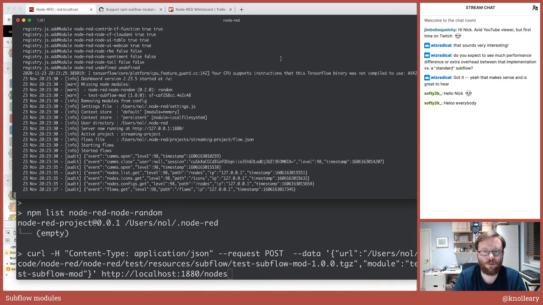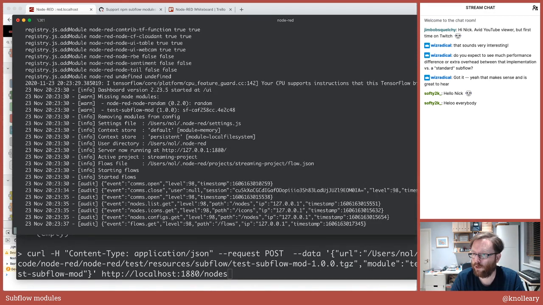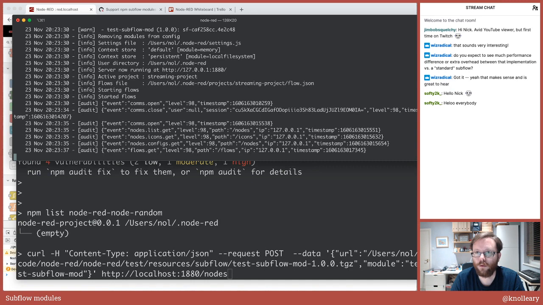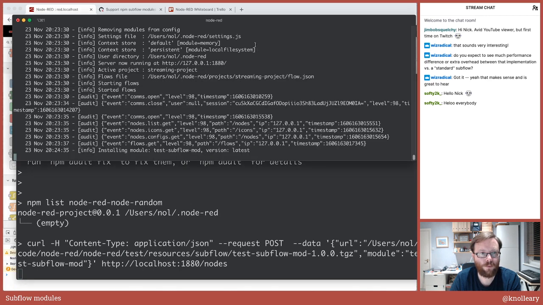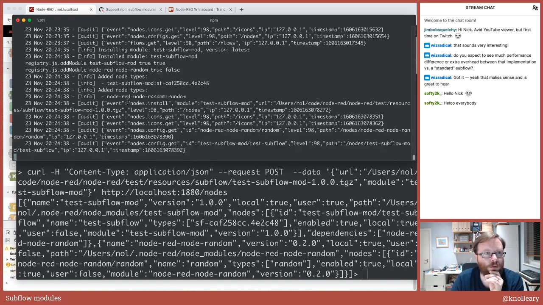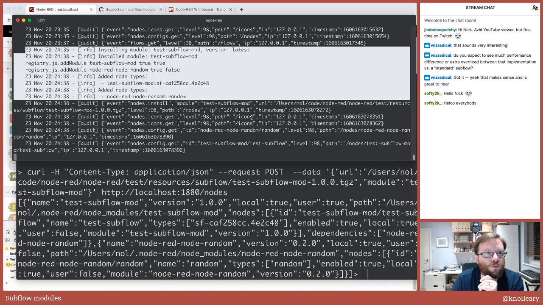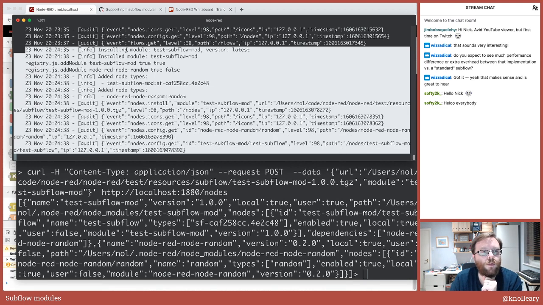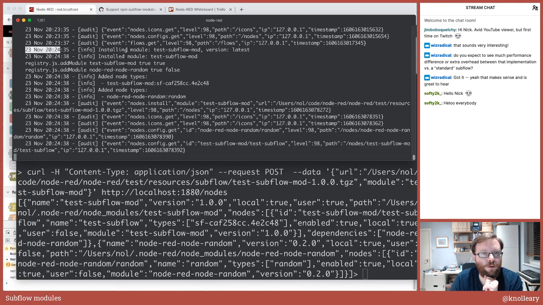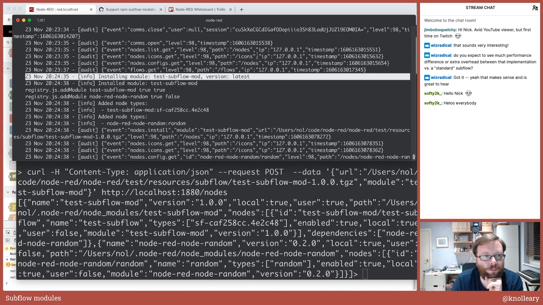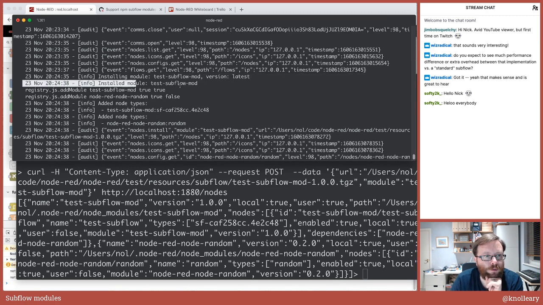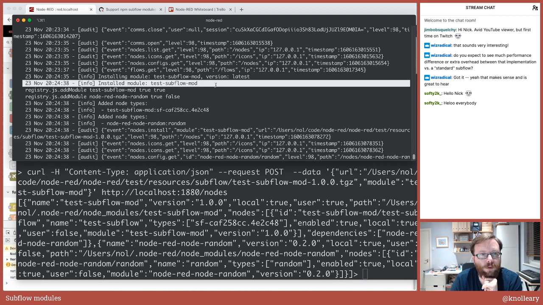So let's make everything a little bigger. Right, so if I run that install, let's look through what it's done. So it got the event that I wanted to install it. It's successfully installed test subflow module,